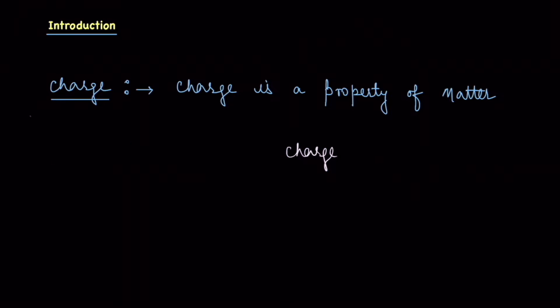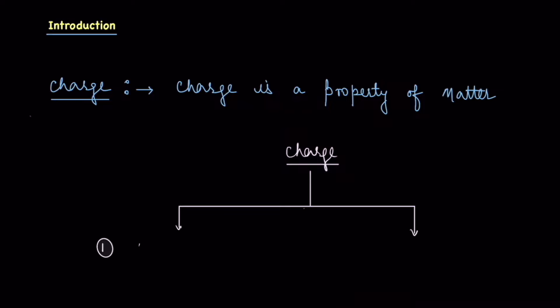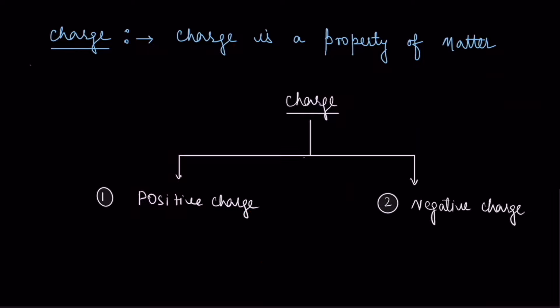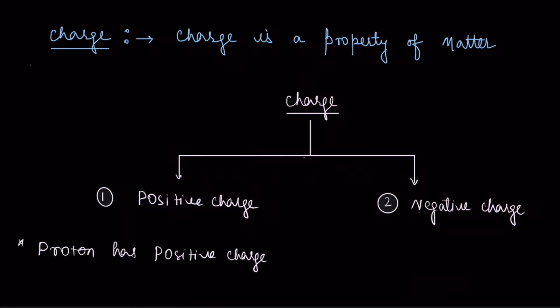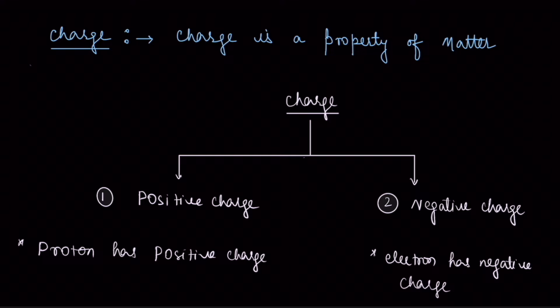Charge is divided into two types. First is positive charge. Second is negative charge. Positive charge is carried by the proton. An electron carries negative charge. So you might think that if any matter around us has the property of charge, then why are we not getting any shock? The reason behind this,